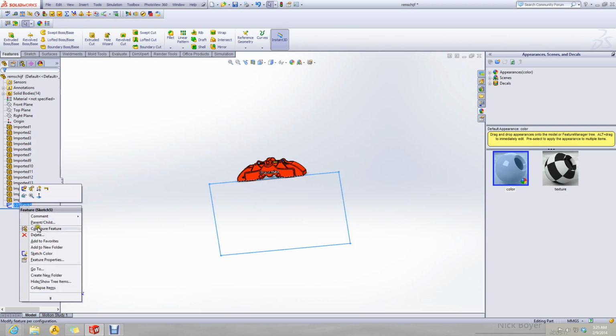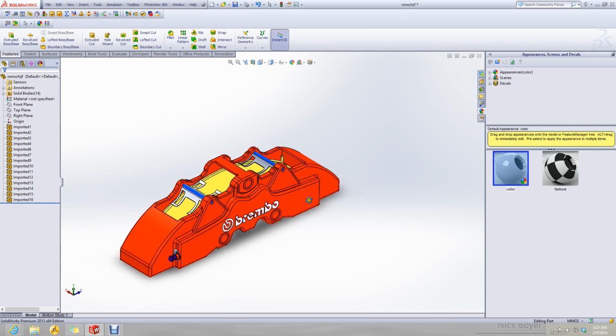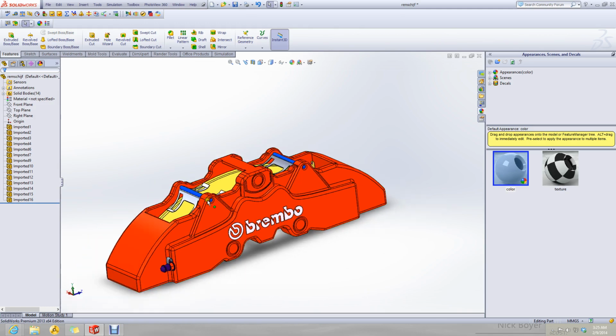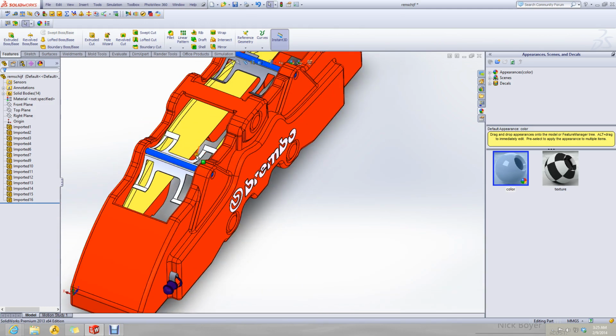Now, for the sake of convenience, since I have explained the method of all features, I will directly use this part to assemble with the brake disc.